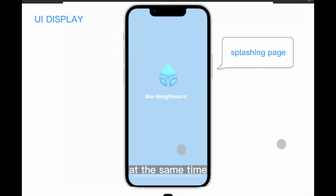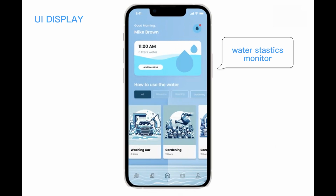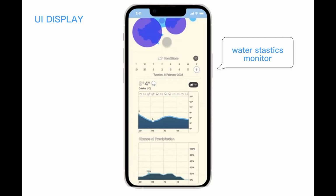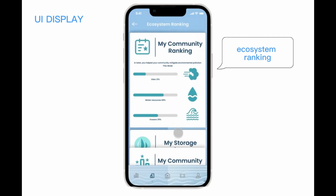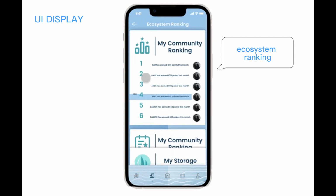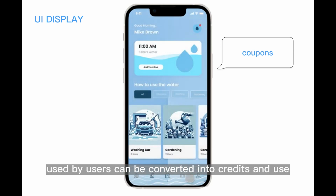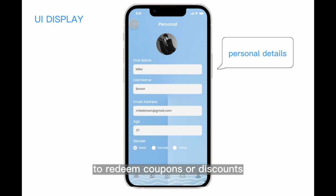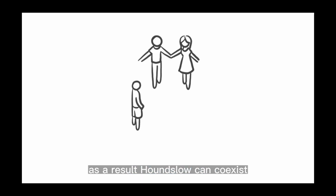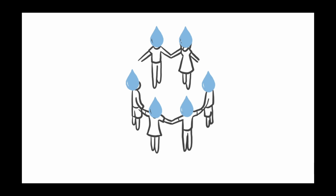At the same time, the water level monitor in the rain barrel can detect the amount of rainwater collected by the user. On the one hand, this data can be shared with the government and Mogden to better manage sewage storage. On the other hand, it can be used as an incentive mechanism for users to use the rainwater. The amount of rainwater used by users can be converted into credits and used to redeem coupons or discounts. As a result, Hounslow can coexist more harmoniously with the Mogden Sewage Treatment Plant and become a bio-neighbor of the water system